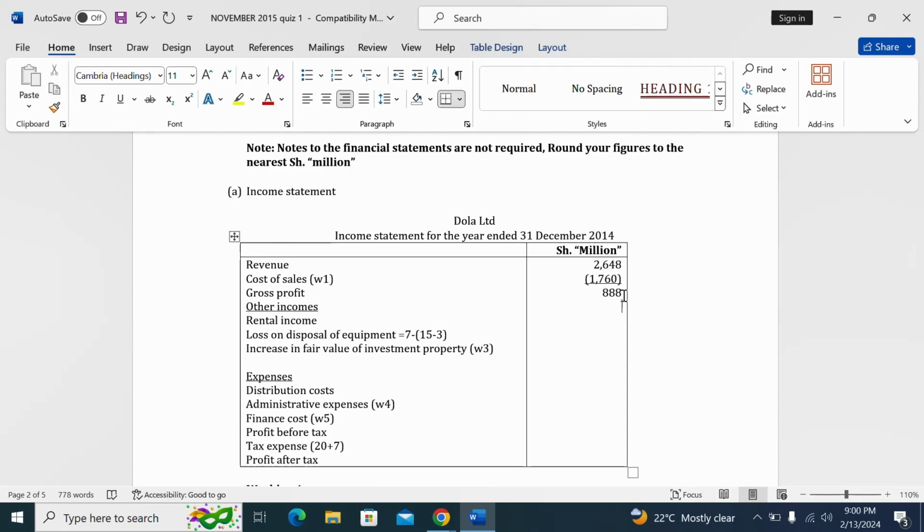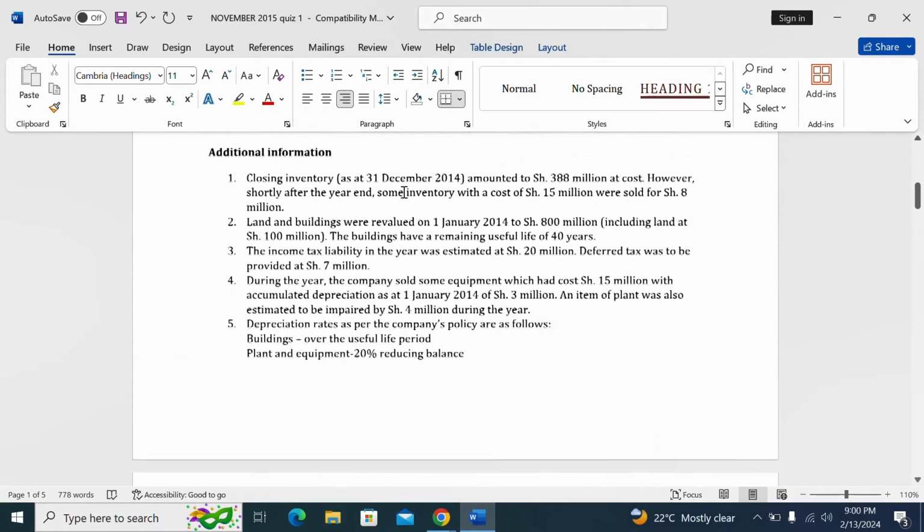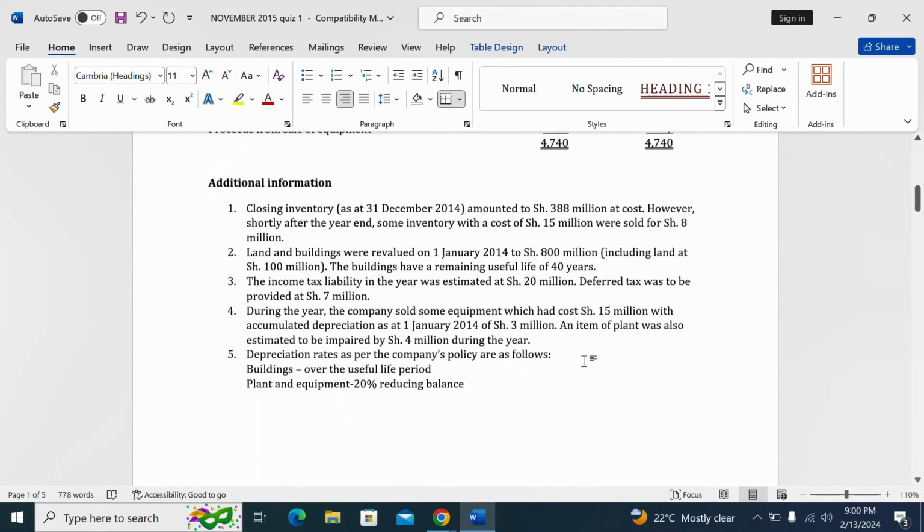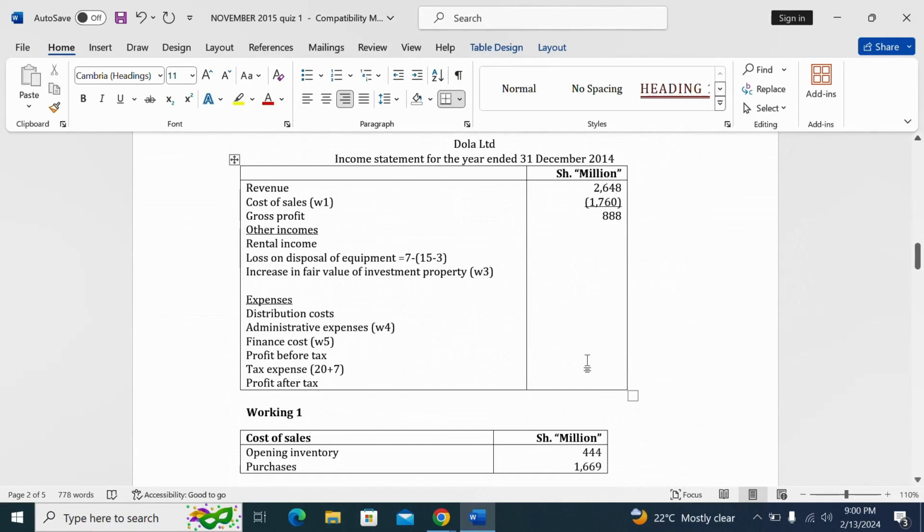You add other incomes. There's rental income in the trial balance. This is the rental income of 48 million. Then there is the loss on disposal of equipment. That is 15 million minus 3, you're getting 12 million. So 7 million minus the 12 million, you're getting a loss on disposal of 5